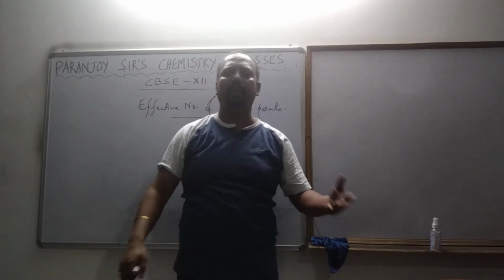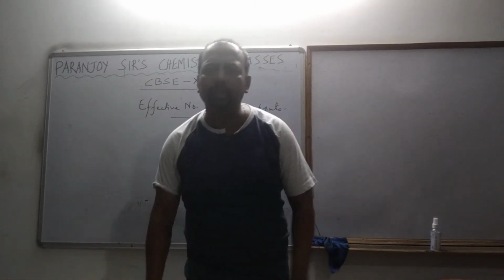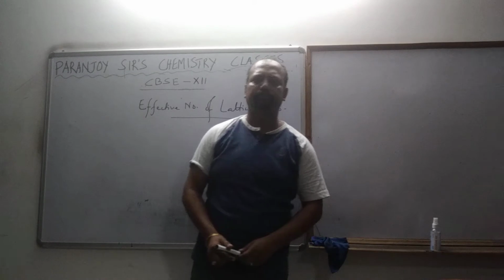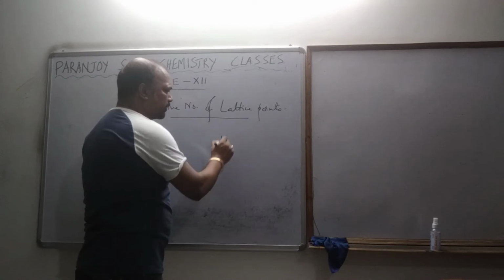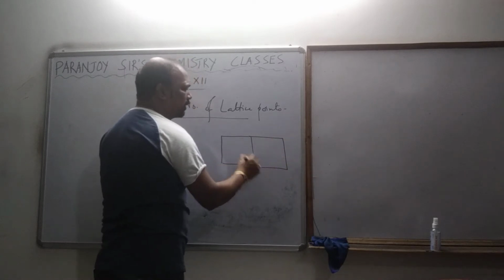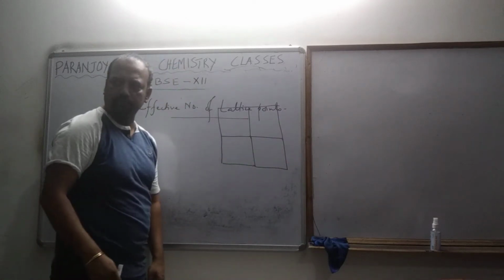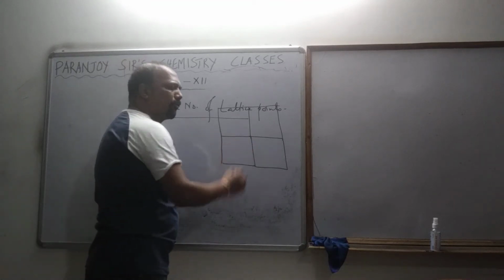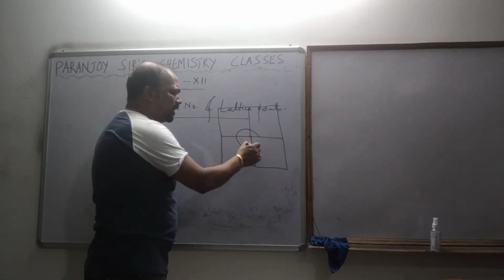There is a room on the right, on the left, above, below, on every side. Now with how many rooms will it be shared? Just visualize. This is one room, and these are four rooms on the ground floor where you are. Just on top of that, another four rooms are there. And we are considering the sphere here.